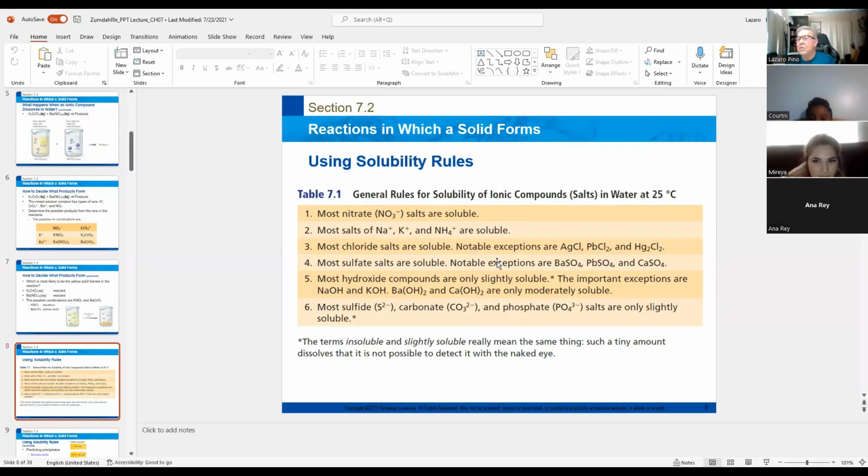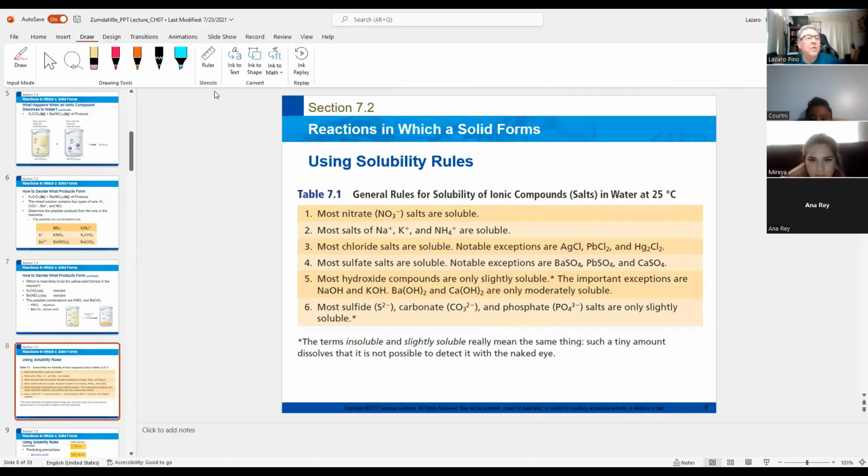Because if not, you're not going to be able to memorize everything, all right? For example, most nitrates are soluble. Then every time you see an NO3, you say soluble. And remember that when you say soluble, you put, for example,